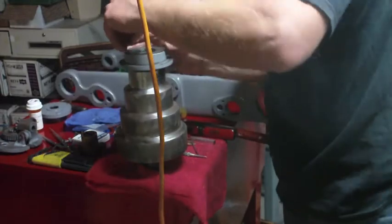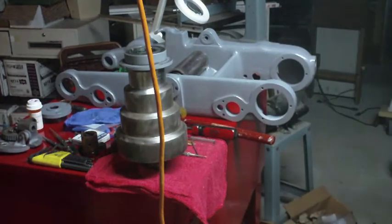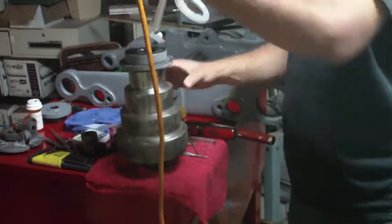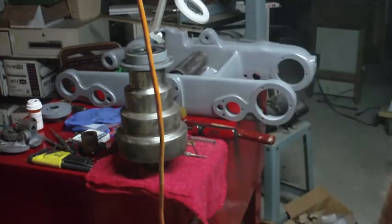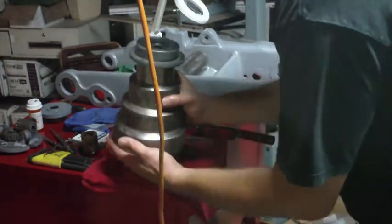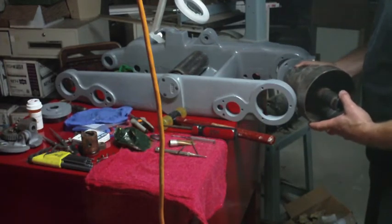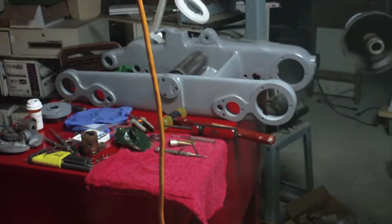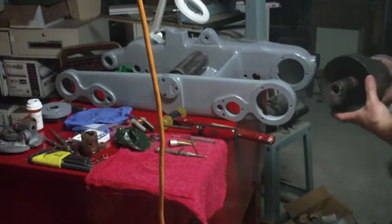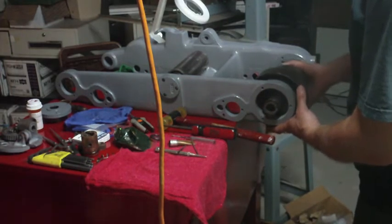So, screwdriver, small screwdriver. Alright, now I had already checked before I did this to make sure that I would be able to do this next maneuver. As you can see, if I try and put this in this way, I've got a problem with interference, but because of this hollowed out area, if I do this, come in at an angle like this, kick this over,